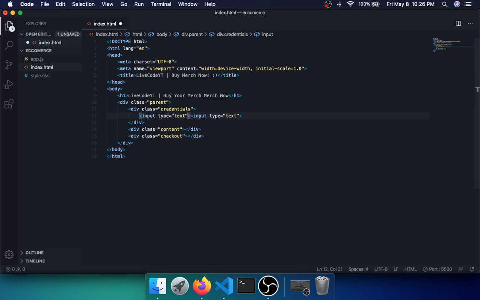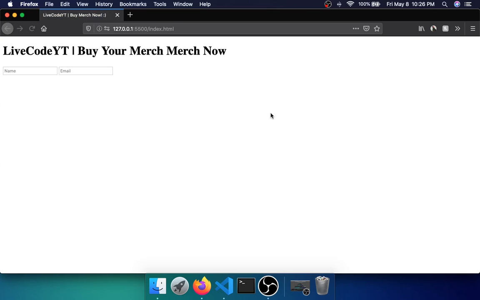We do not want these type as well. Yes, we do want the type as text actually. So we're going to have a placeholder for name, and then also we'll have a placeholder for email, and these are just going to be